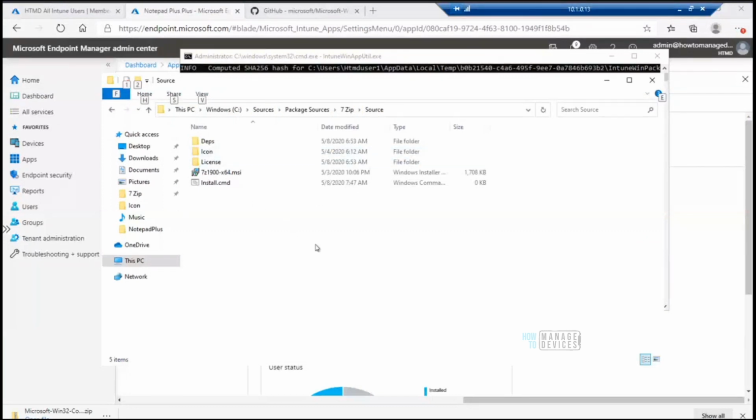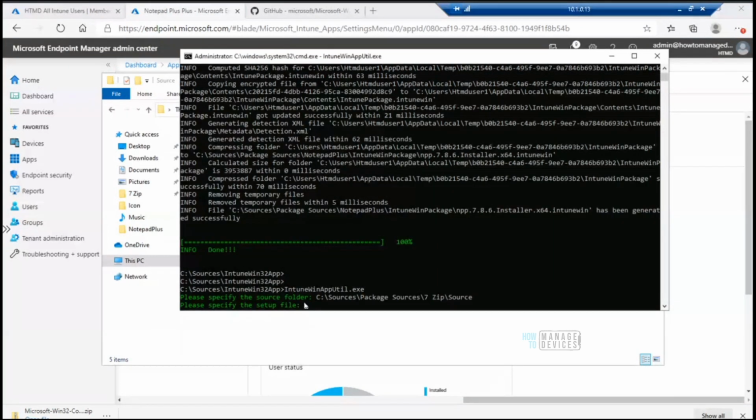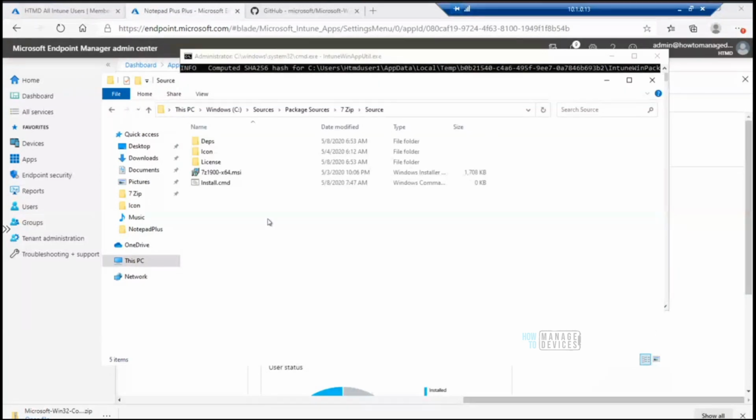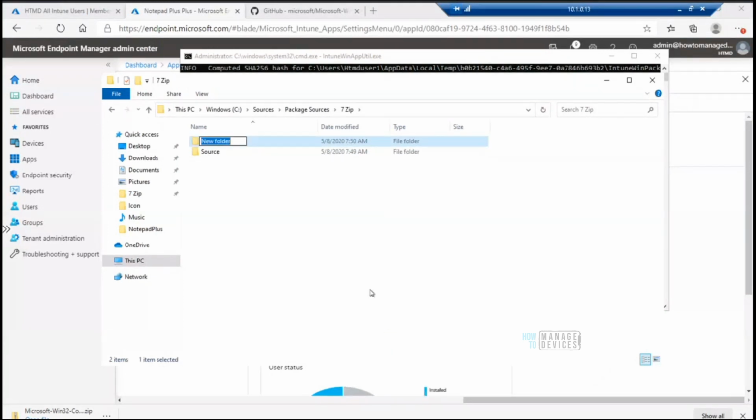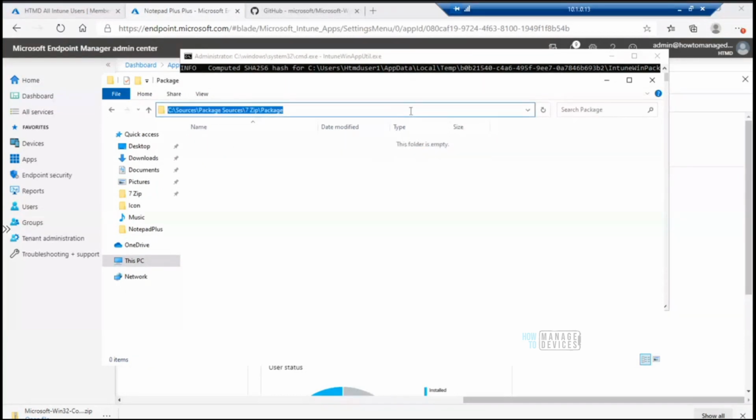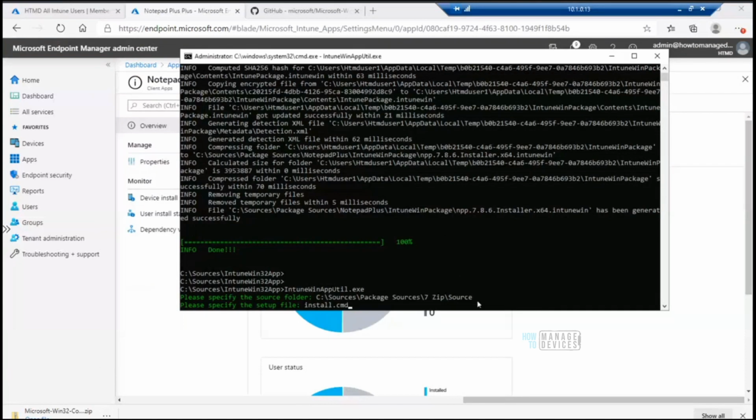So what would be my setup file? The setup file will be install.cmd. I will create a package folder over here, similar to the previous example.